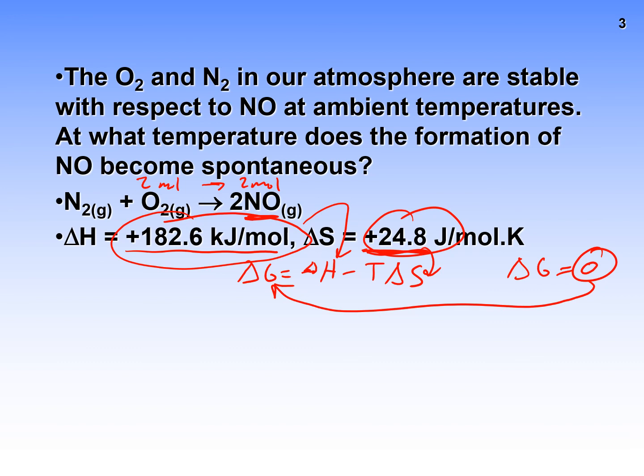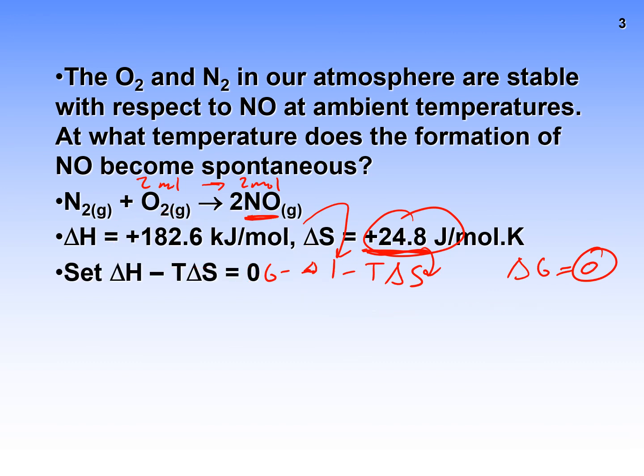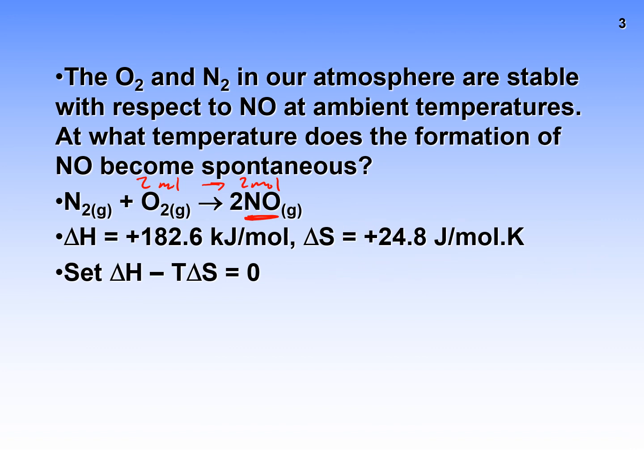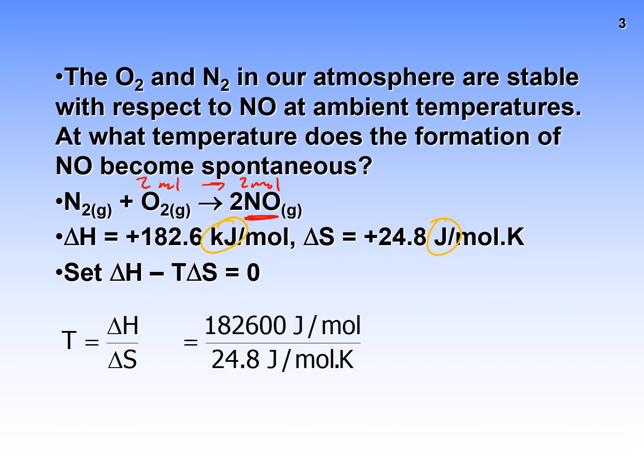So if we do that, I can write out that equation. Now I'm setting delta G naught equal to 0. And I can rearrange this to solve for T, which is effectively delta H over delta S. Now, an important thing here, as always, is delta H is in kilojoules as given and delta S is in joules. We need to change one to the other. So I changed delta H to joules by multiplying by 1,000. And now I'm dividing these two. And if I divide them, I get that the temperature this flip from non-spontaneous to spontaneous would occur at is